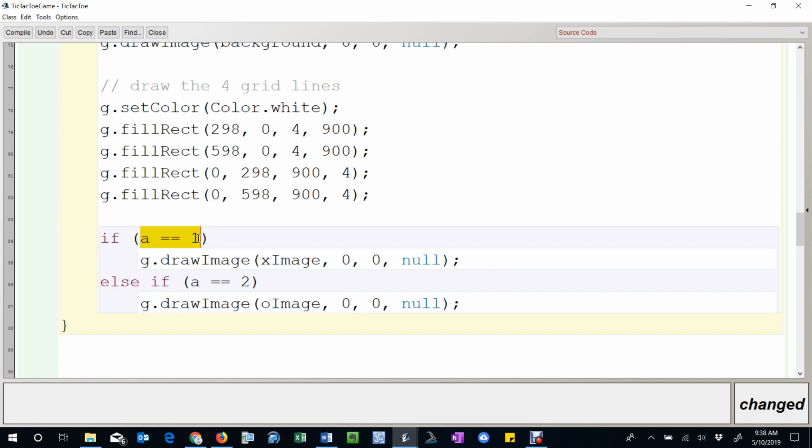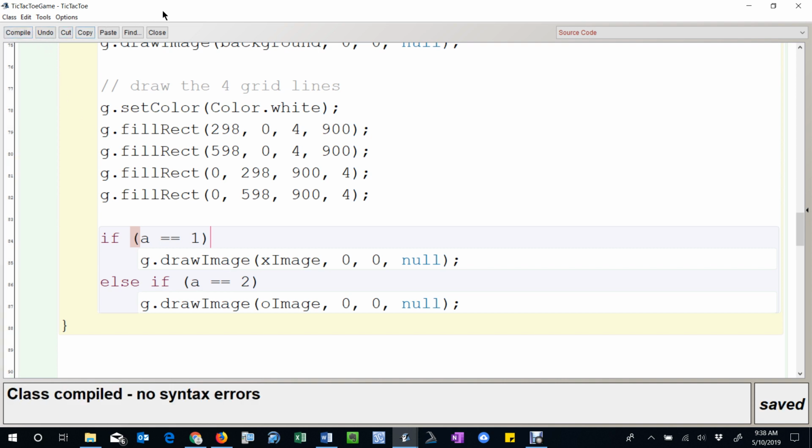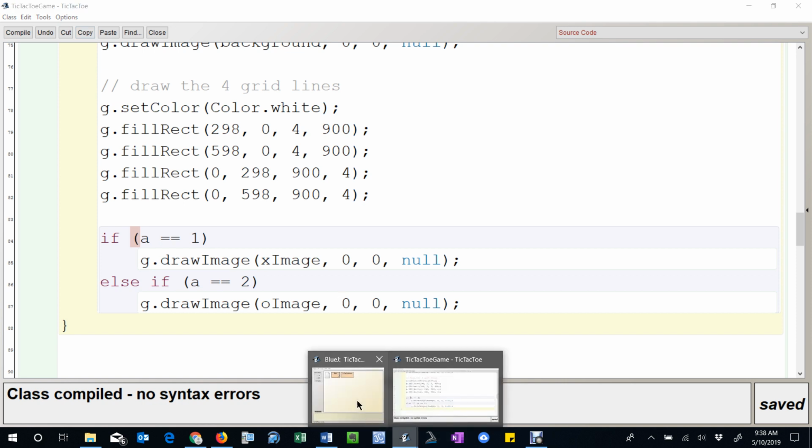Now, what if A was 0? Then I'm not going to do anything. I'm not going to draw an image in that spot. So I'm going to press compile, and let's see if this works. So now,